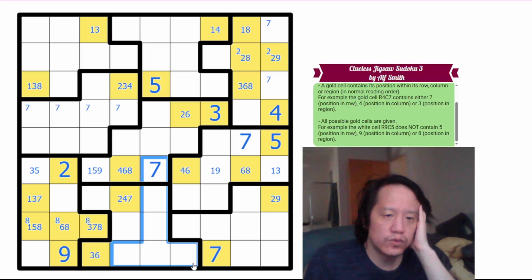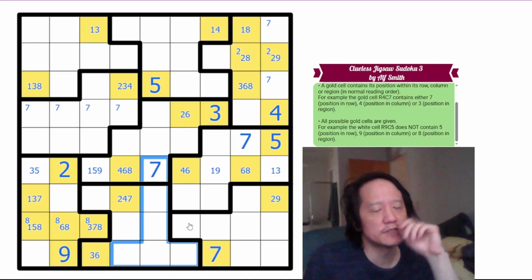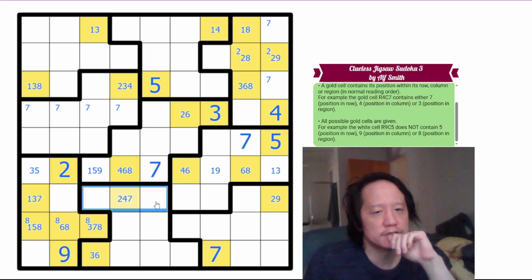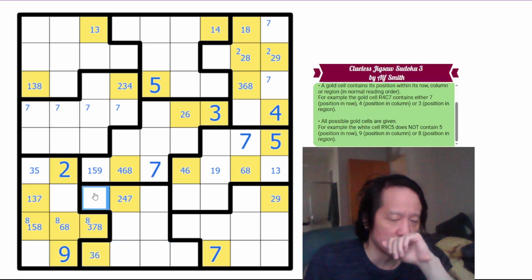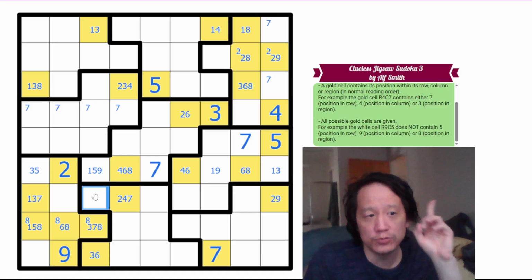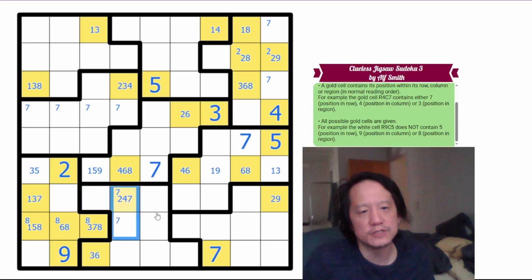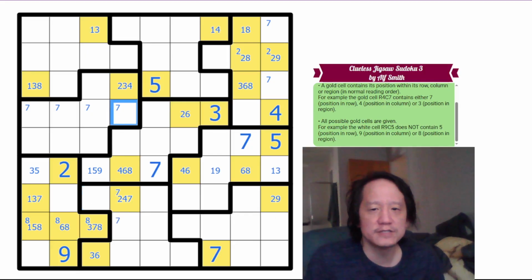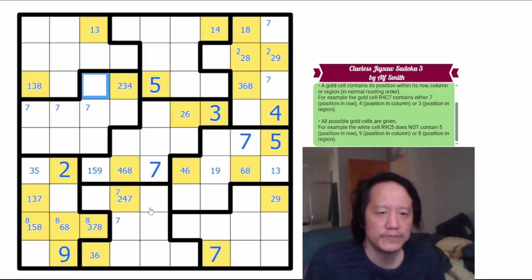Where is the 7 in region 8? It cannot be here because of the 7 in the row. Can't be here because of the 7 in the column. Can't be here because it's a white cell in row 7, which would mean that it would have to be gold if it were 7. So one of these two is a 7 here, which eliminates 7 in the rest of the column. I'm not sure if that's helpful, but